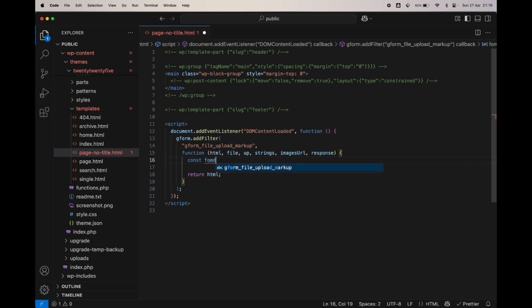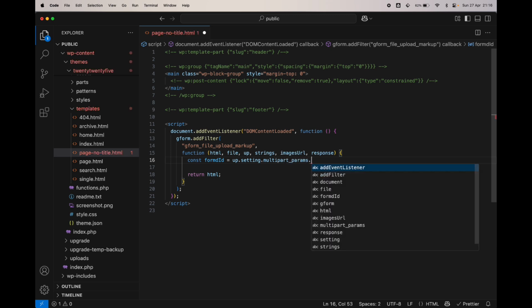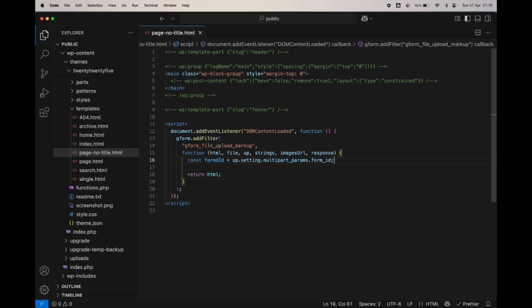So formId is equal to up.settings.multipart_params.form_id. Okay, so this is our form ID, and actually let me just copy this,